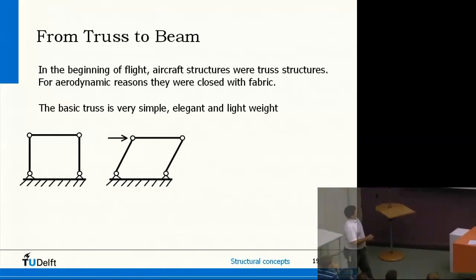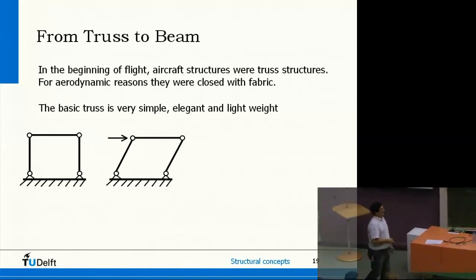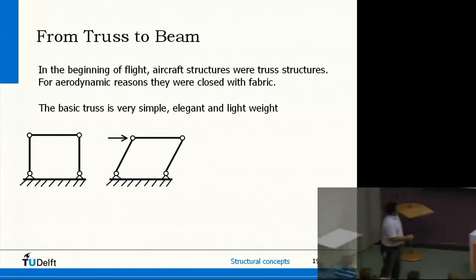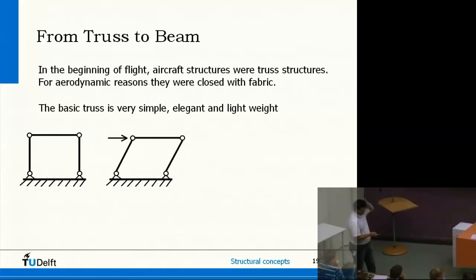If these are true hinges, just a little force pushing it aside will rotate this shape, and from a square you get some kind of shifted shape, as you can see here.